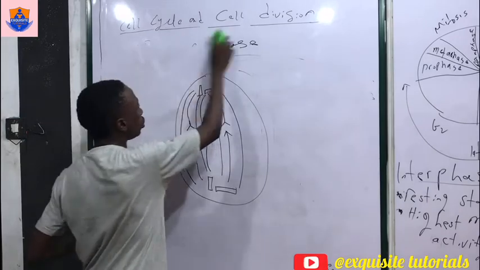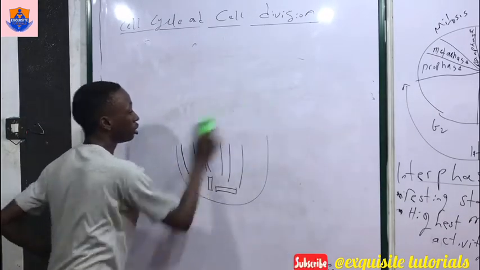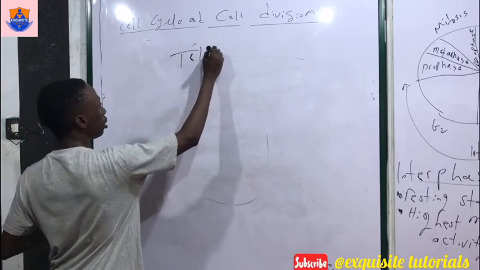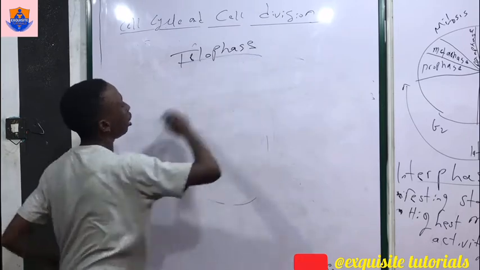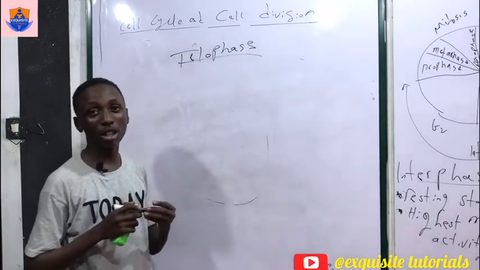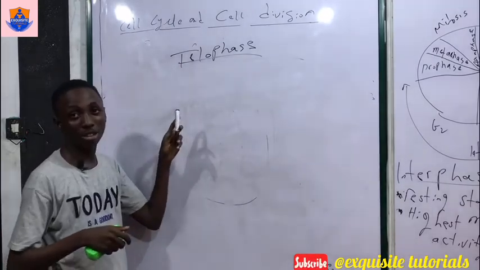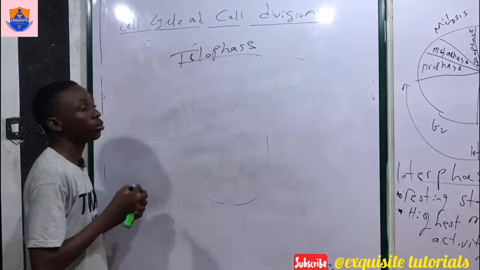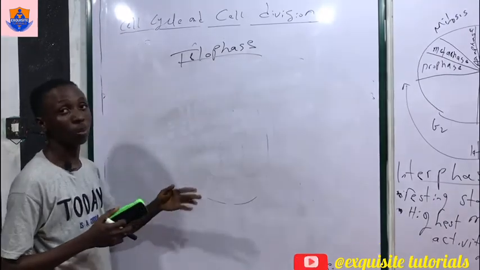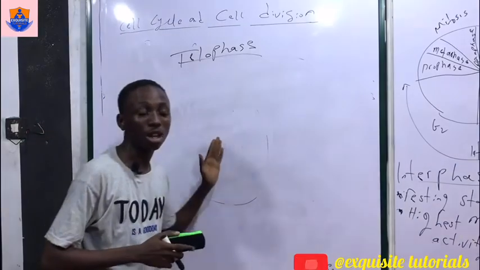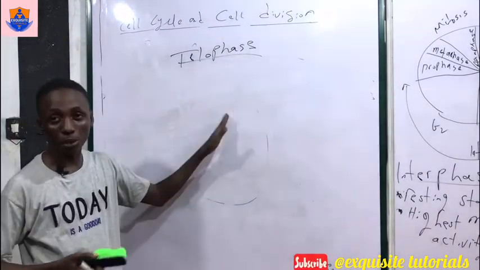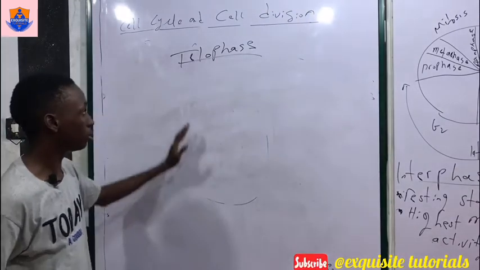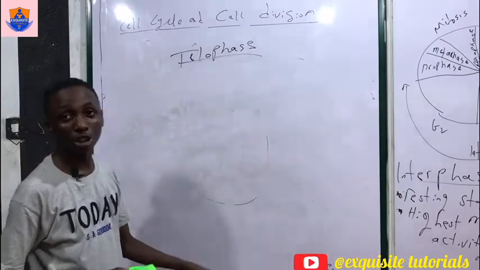Now, during the telophase, the chromosomes have basically already reached the poles of the cell as during anaphase, and by now they already have the same number of chromosomes as that of the parent cell. Now remember that there was replication. The chromosomes were replicated during the S stage of interphase. From this replication, they were paired during prophase, aligned at the middle during metaphase, and put to the poles of the cell during anaphase. Now during telophase, they have reached the poles of the cell.